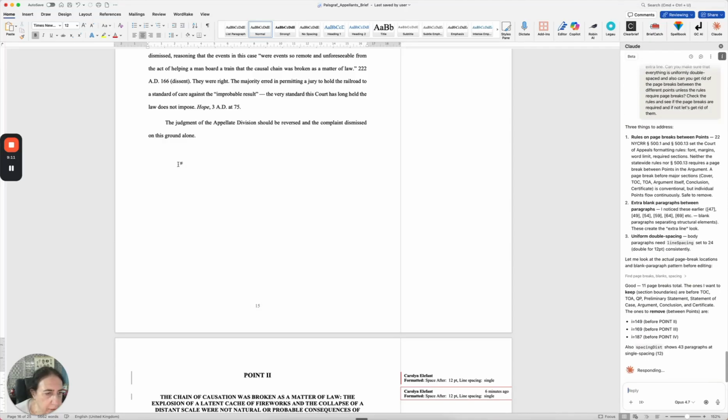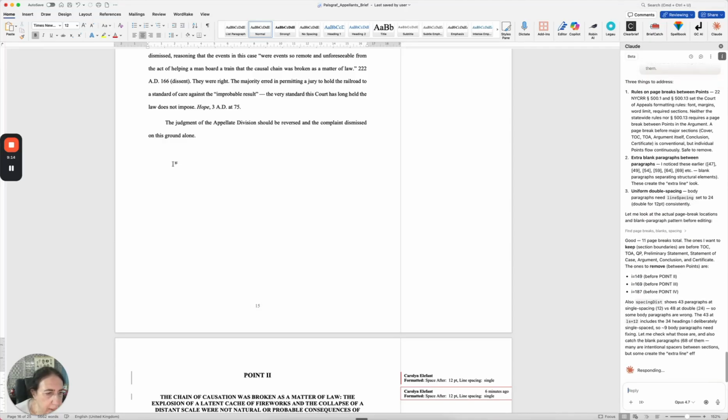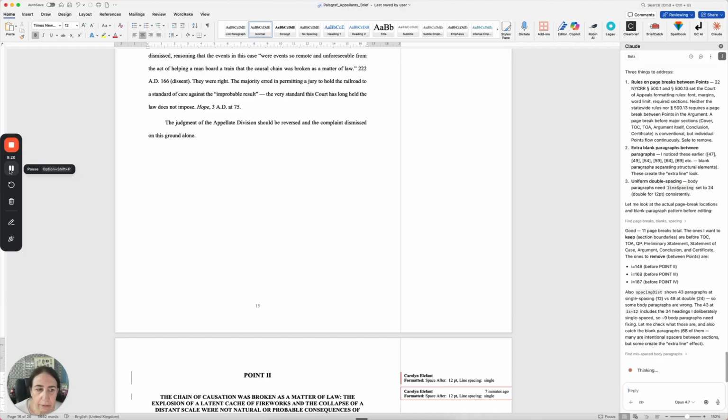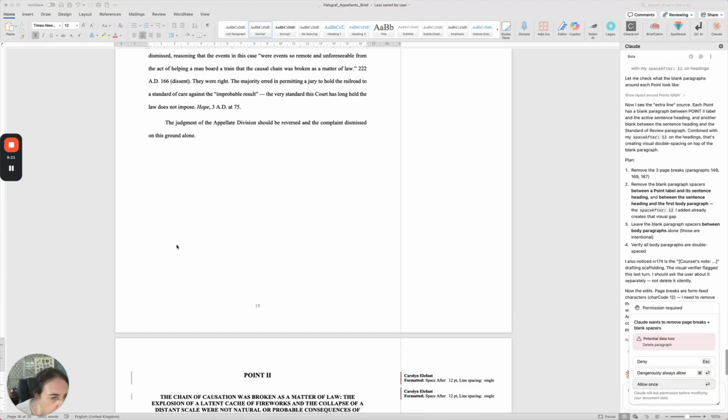Just looking at this other stuff. See what kind of corrections it makes. Okay, and so I see it has asked me if it wants to,